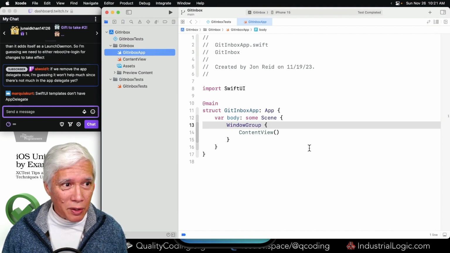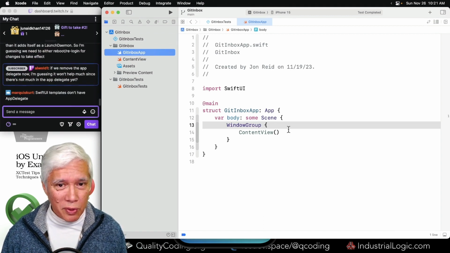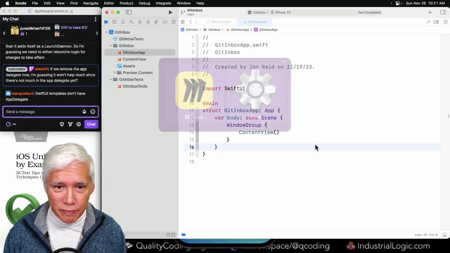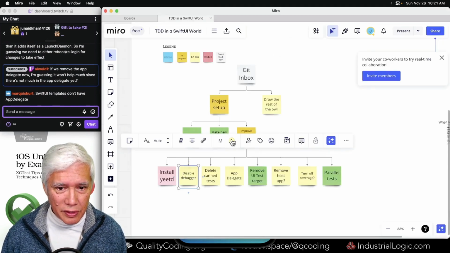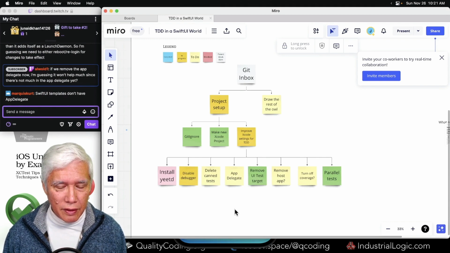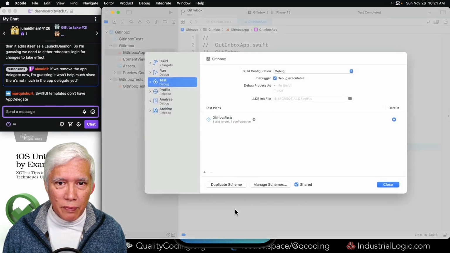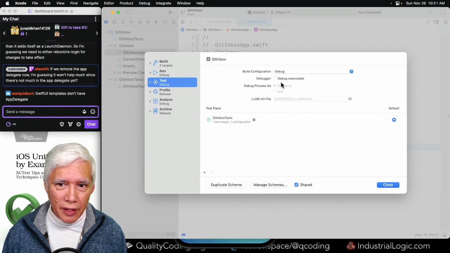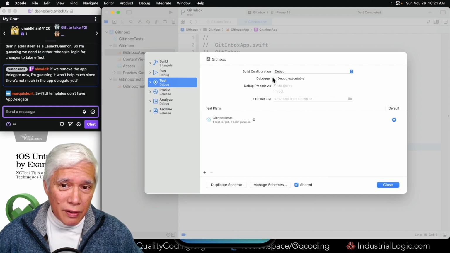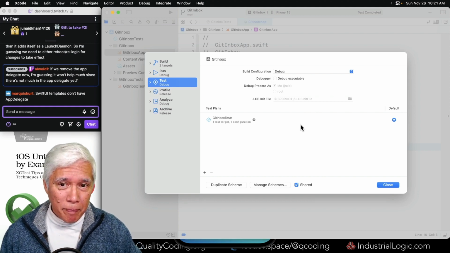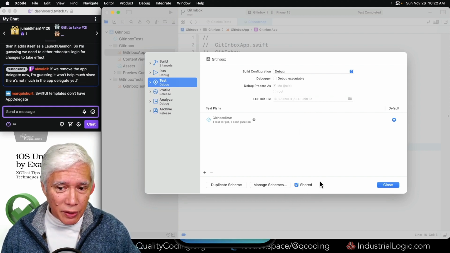I want to go with Mudshark's idea here. And let's disable that debugger. To do that, we come and edit the scheme and click this off right here. Debugger. Don't. Now, if you're on a team, because this is a shared scheme,